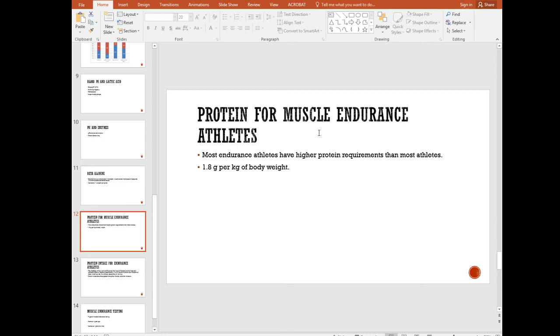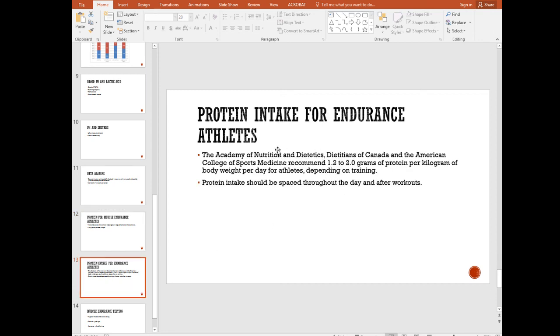So proteins for muscle endurance, I hope you remember the recommendation of 1.8 grams per kilogram of body weight. That's just a rough estimate. So if you had no idea and you were going to do a lot of endurance training, that's what most literature will recommend. But the Academy of Nutrition and Dietetics and Dietitians of Canada and the American College of Sports Medicine gives you a greater range. So it really depends on the activity that you're doing. So they have a range of 1.2 to 2 grams of protein per kilogram of body weight,